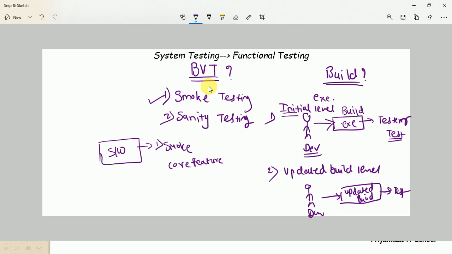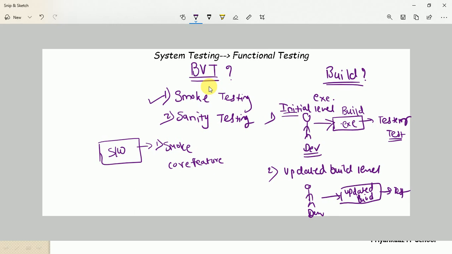See, there are some main features available. Let's say registration process, customer login process, search product process, add item to the cart, payment process. These are the main functionality to be tested, right? But very first, if you think as per smoke testing, then which particular area do we need to focus on first?